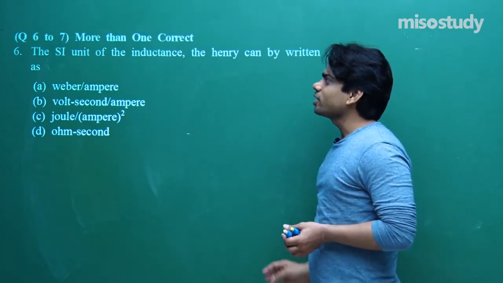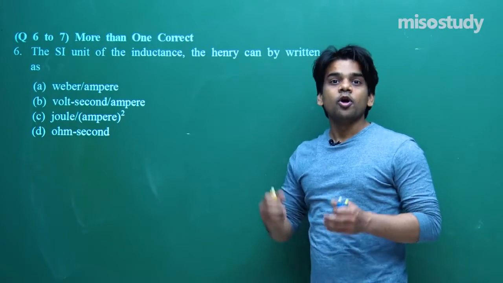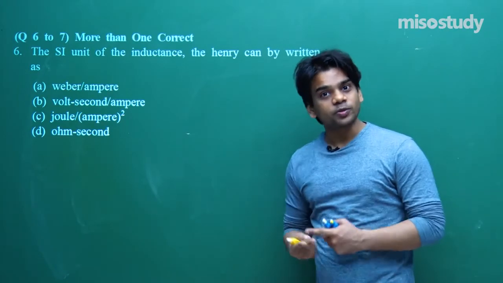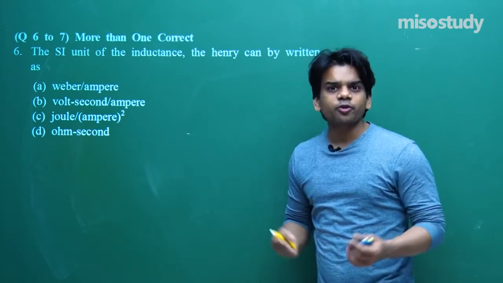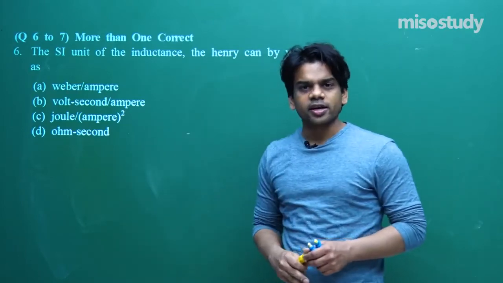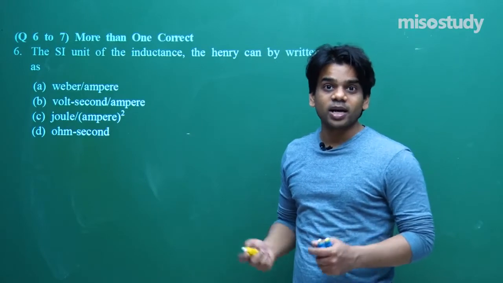Question number 6, it's a more than one option correct. In your JEE Advanced examination, you can get such questions, will be having more than one option correct. Even one option can be correct, even two options can be correct, either three options can be correct, and all four can be correct. Let's say if the three options are correct, if you mark, let's say A, B, C are the three options that are correct. If you mark all the three as correct, you'll be getting +4 marks, or the maximum marks, whatever is given in that question.